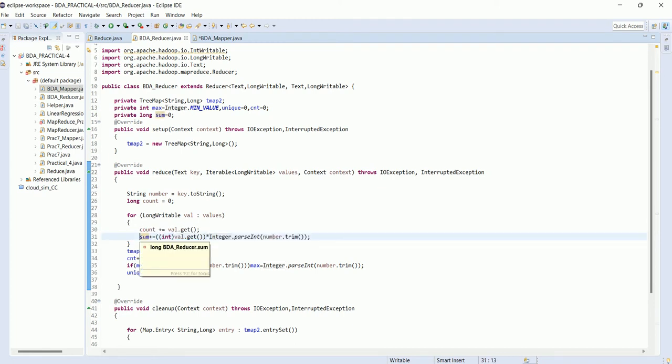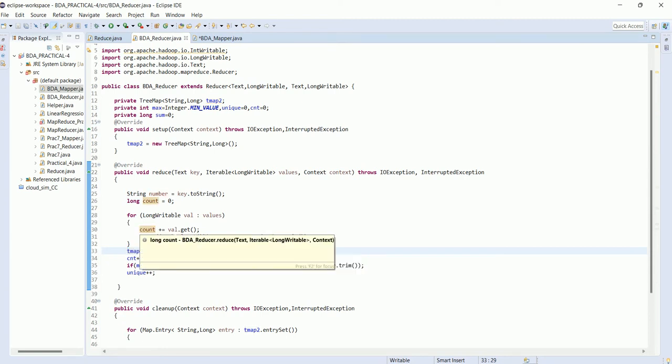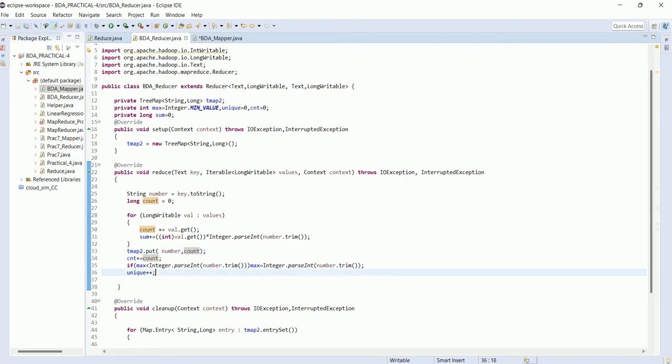You can understand this if you have some knowledge of programming. Then in this tree map we put the numbers, and the count shows the occurrence of this number. This cnt stores the total number of numbers, so we increment it with the count, and we check the max variable.